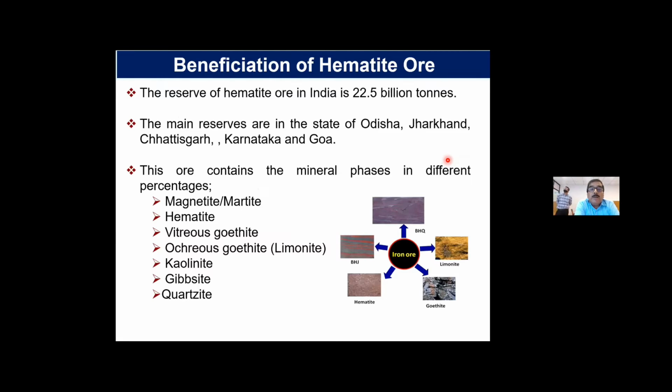And the reserves of hematite, which is the measure we are utilizing for steel production. India has 22.5 billion tons. This 22.5 billion tons has been estimated based on 58 plus Fe. Once the IBM starts estimating from 45 to 58, automatically the reserves will improve. By addition of the BHQ, BHJ, the reserves of the low and lean grade ore